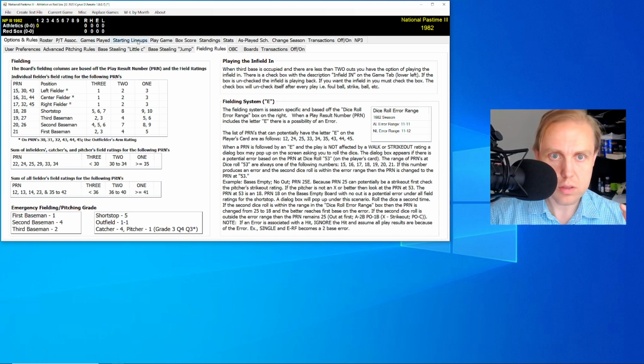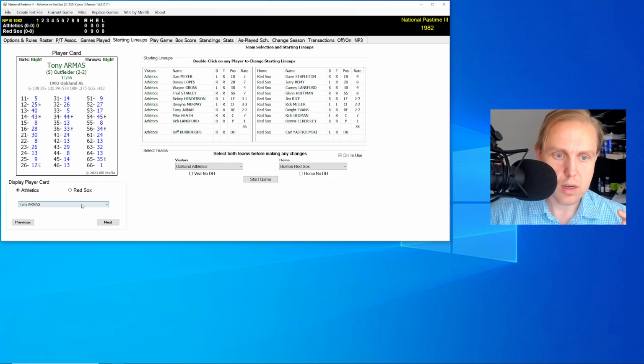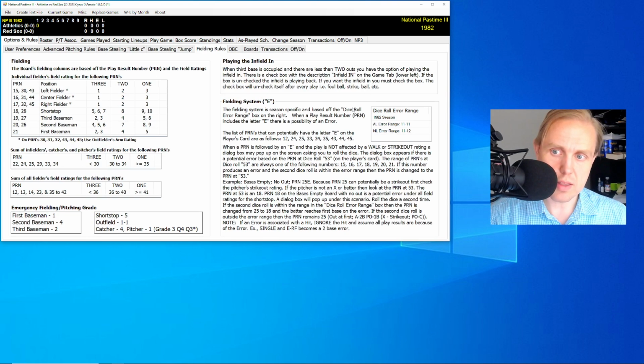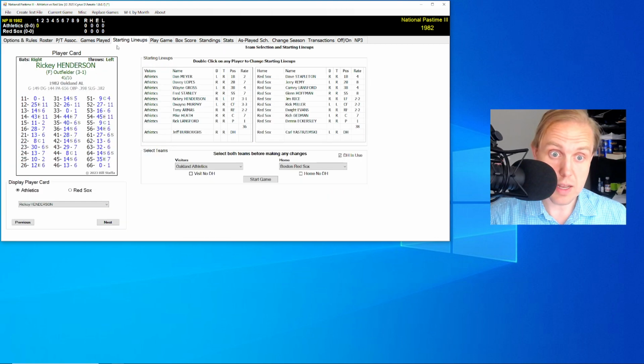When we look at the cards themselves, we're going to look at Rickey Henderson. Henderson still has all of these little e's. That one's still there, just as it was in the cards that we saw, and there's one on the 12 as well, right? All of that stuff is the same. The little e numbers are still there, but the difference is that the chances of you getting this error are very, very slim. The other thing is that fielding ratings overall are better,